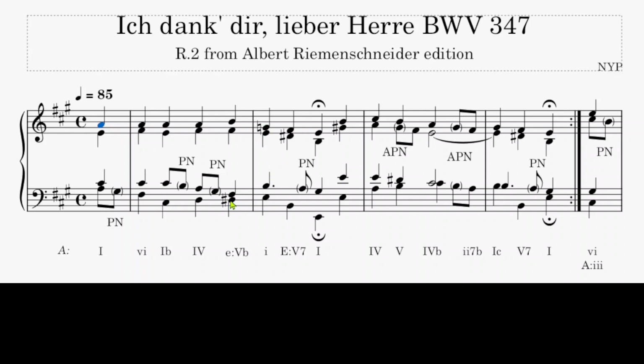If we assume this D sharp is the leading note of E, then we have to check vertically. Yes, it is B, D sharp, F sharp. So it is E minor 5B, and then resolves to 1. This is an example of modulation without pivot chord. This is by chromatic movement, D, D sharp, E, and we can call it transient modulation.